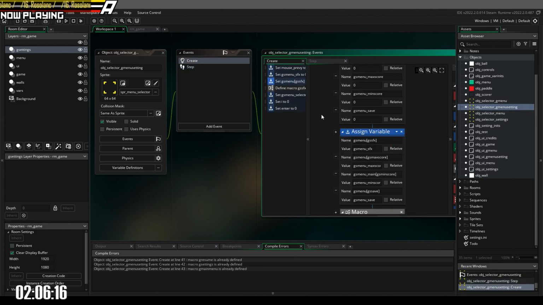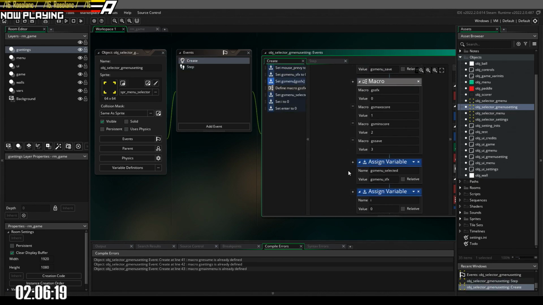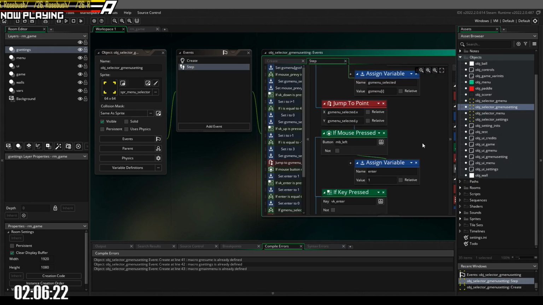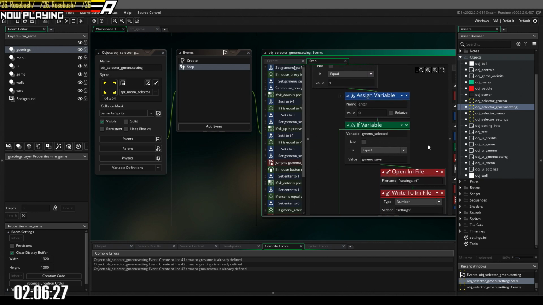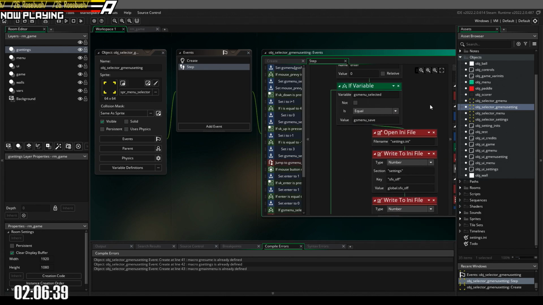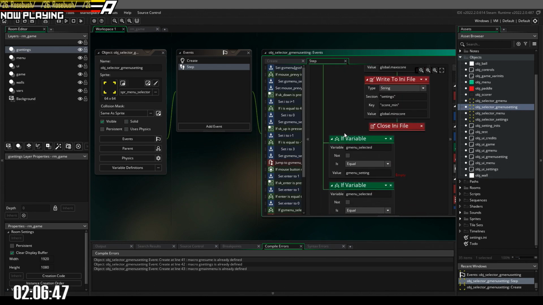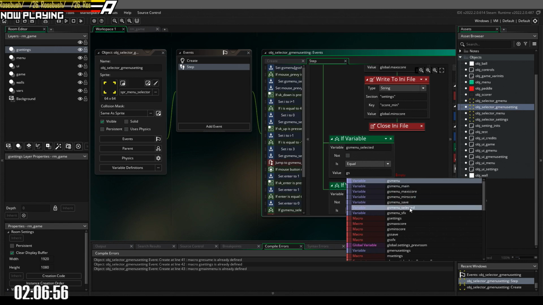Have I set up a GS menu selected variable? Okay, I have. Okay, mouse button, enter one, yep, okay. Okay, so if GS menu selected is equal to GS menu save, this is actually correct. Open the settings to I. Set the global sound effect variable, blah, blah, blah. Okay, good. Okay, so if GS menu selected is equal to GS menu sound effect,